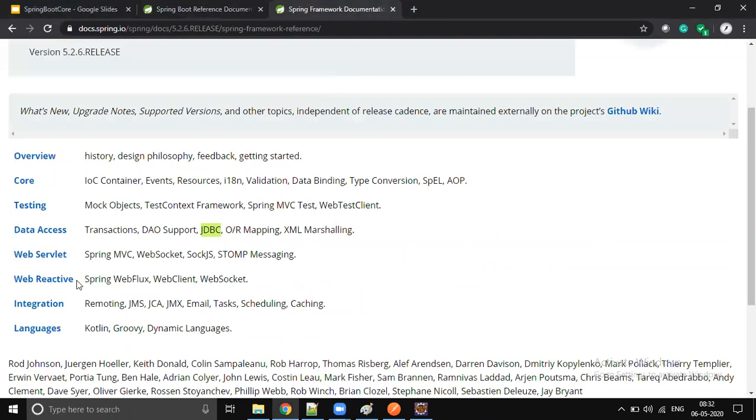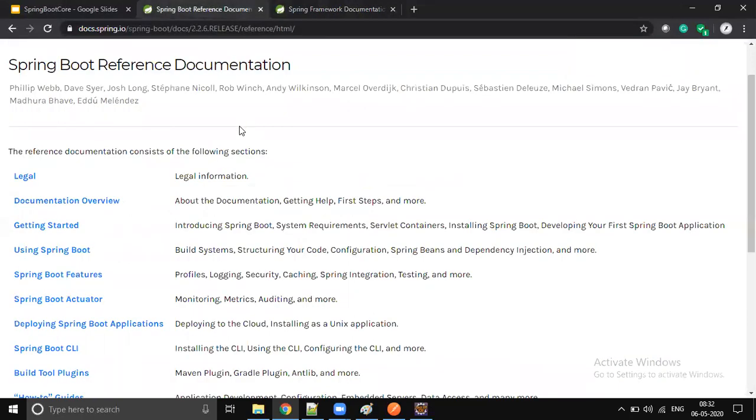If it is Spring Framework, let's call this native. If it is native Spring, then we have to do the configuration ourselves. It may be a time-consuming process, a little difficult also. But when we go to Spring Boot, it's a piece of cake for you guys, right? You're writing any application with Spring Boot, you don't need to worry about configuration. It is just a matter of adding a few properties in the properties file.